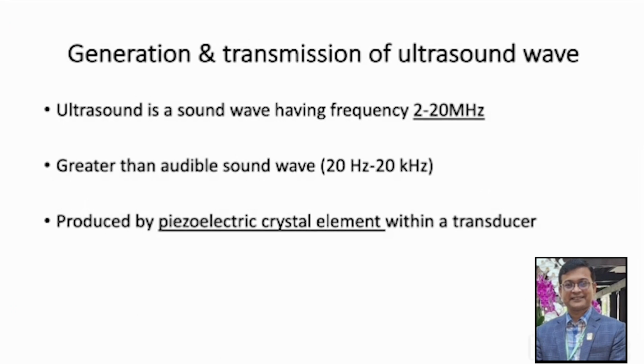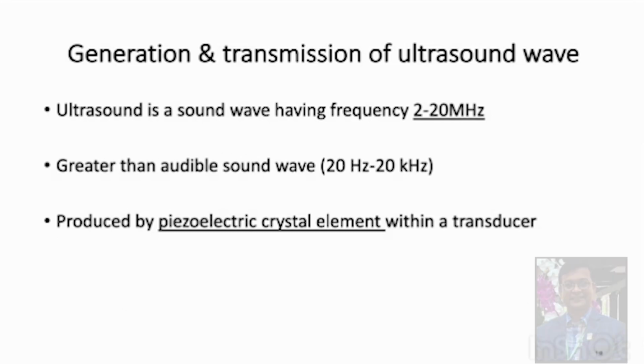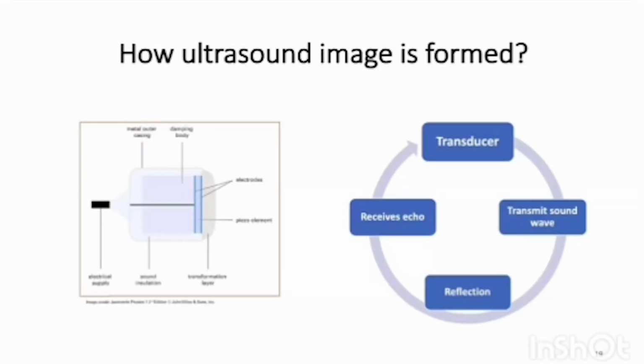Sound wave is produced in the ultrasonic transducer. There are some crystals within the electrodes. There is a special type of crystal, and this is called the PZ crystal. When the electric signal is passed through this transducer, there is movement of this PZ crystal and formation of the sound wave. When this sound wave propagates and the transducer comes in contact with the tissue, after a certain period it is reflected back and caught by this PZ crystal element. One important property of this PZ crystal is that while the PZ crystal produces